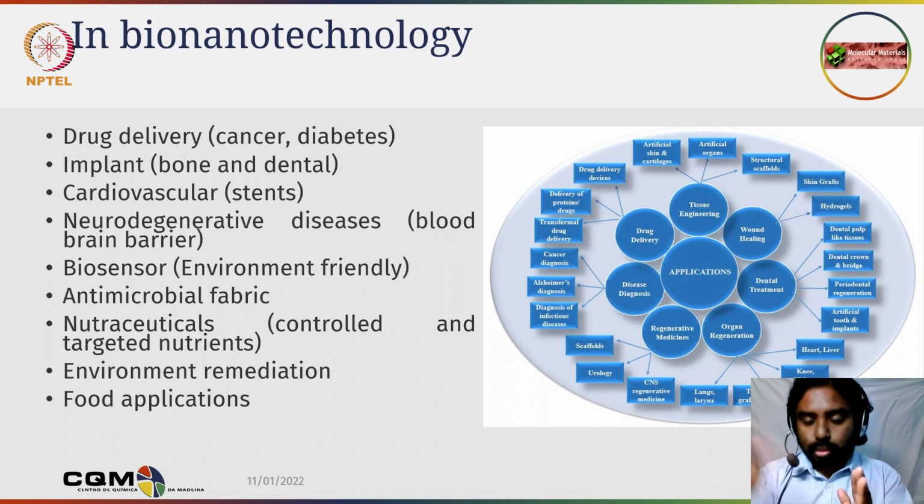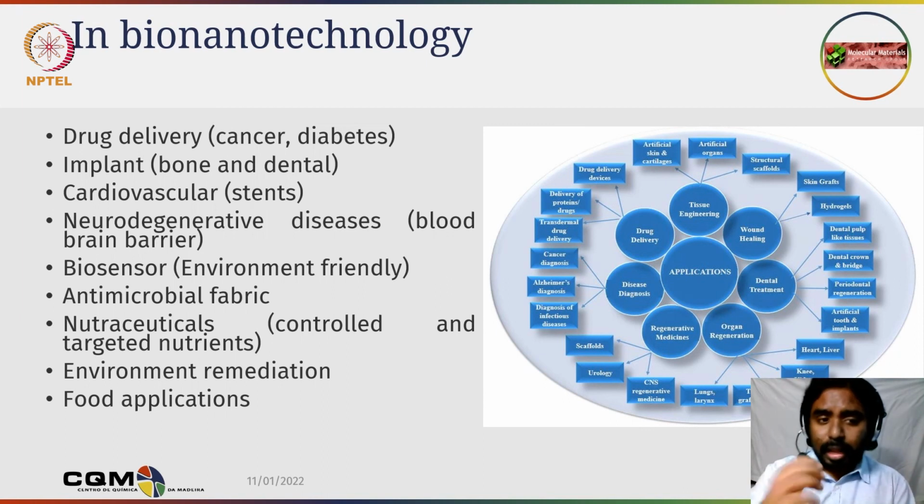Bionanomaterials have the property to bypass this blood brain barrier. That's why people are now using bionanomaterials to provide drugs to the brain for Alzheimer's disease and Parkinson's disease. And biosensors,